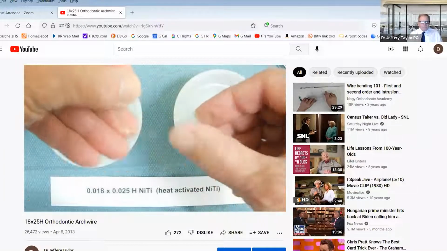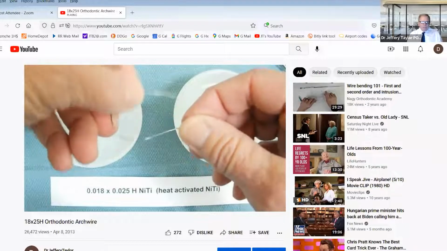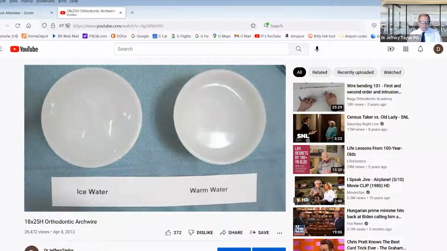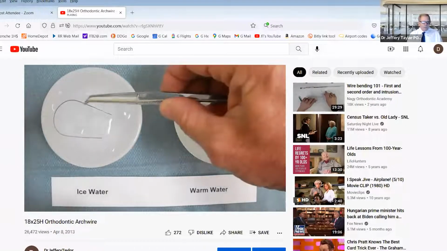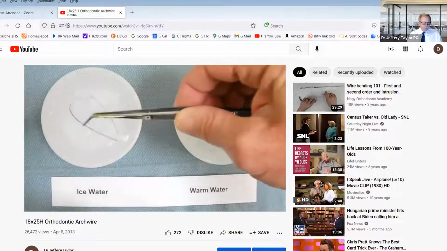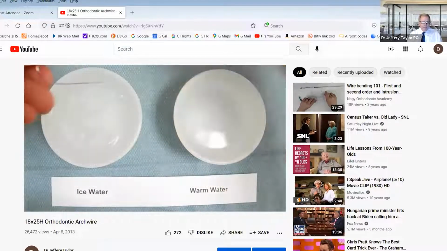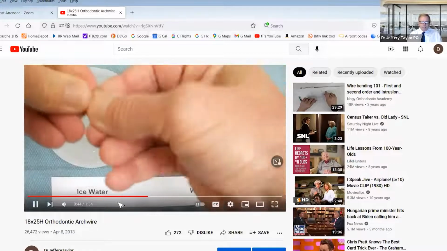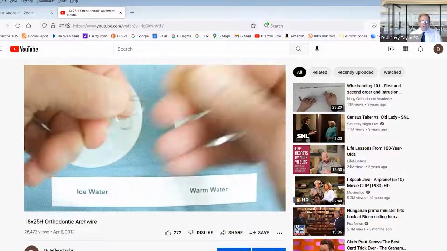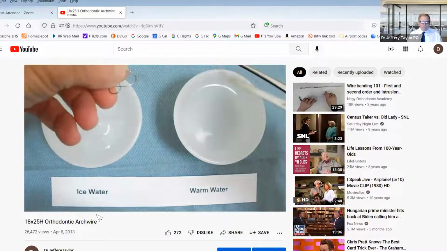All right, so what happens in orthodontics, we're going to activate this wire. And first, we're going to chill it to make it be dead soft. So you apply some kind of a cold source to it, so it takes the heat out of the wire. Now you can wad it up like a piece of spaghetti, and it just sits there. It does nothing. And this is to help you tie it into difficult teeth to tie in, or severely malplaced